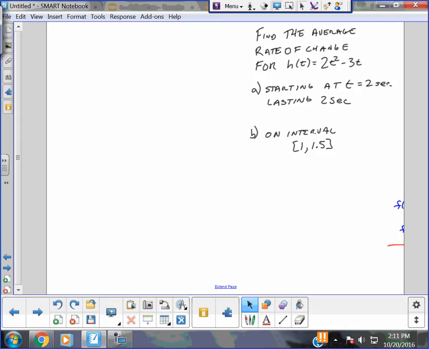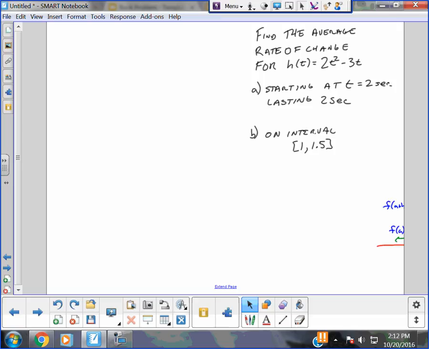All right. So to find the average rate of change for the function h of t equals 2t squared minus 3t, letter A is starting at time equals 2 seconds, lasting 2 seconds. So it goes 2 to 4. So the starting time is 2 and h is 2. On the second part, on interval 1 to 1.5, the starting time is 1 and it lasts 0.5